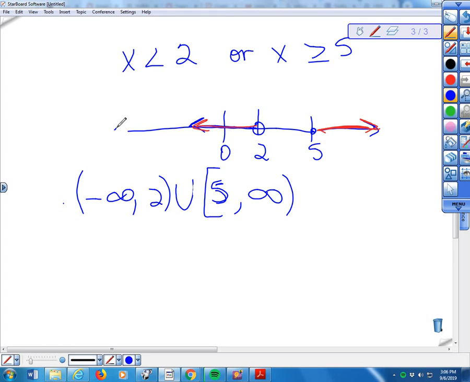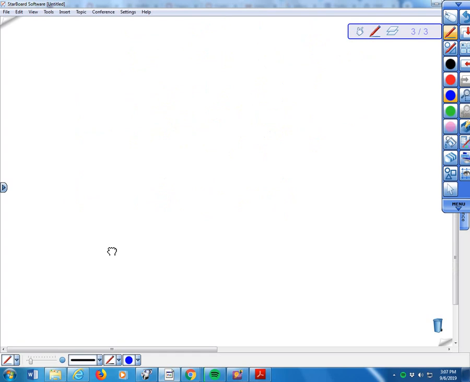Okay, so does anybody have a problem they're working on that they're having a problem with? Okay, give me your problem. My only problem is with the brackets and the parentheses. Let's try a quick question. 5 sevenths b minus 8 fifths is less than or equal to, greater, yeah, negative